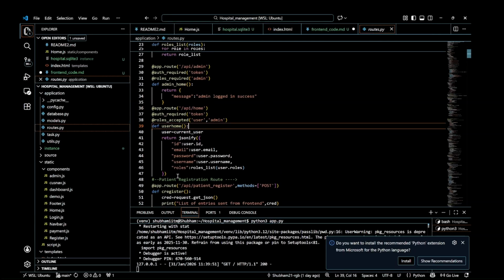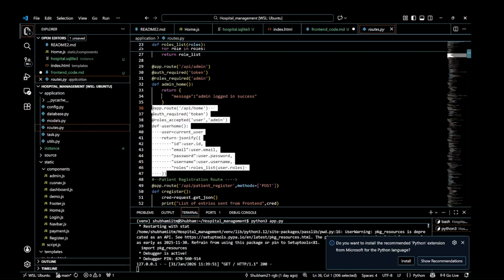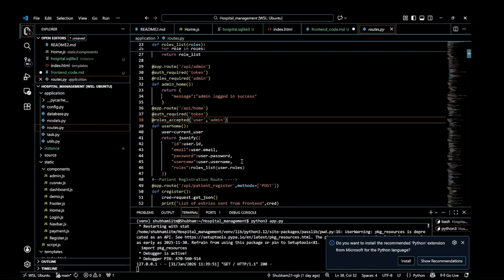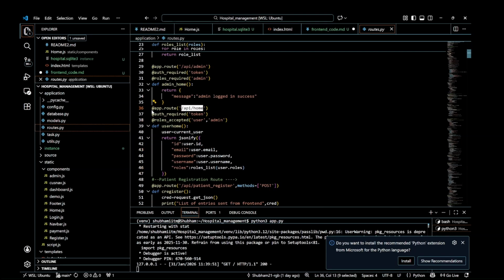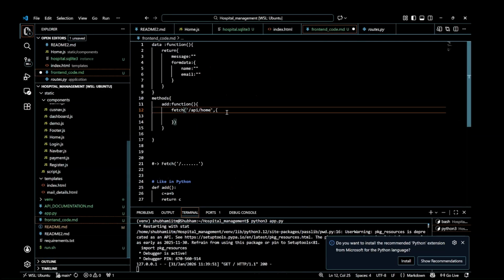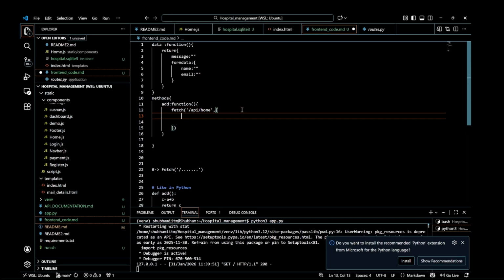From this app.route part, I have defined something. It's very basic. I think you can understand over here. But don't worry, if you do not understand, I will make you understand this later. Suppose I am calling this API. I have defined an app.route and I am just calling this. Inside the curly braces, first of all, remember everything, you need a